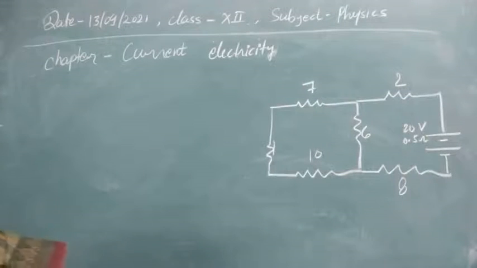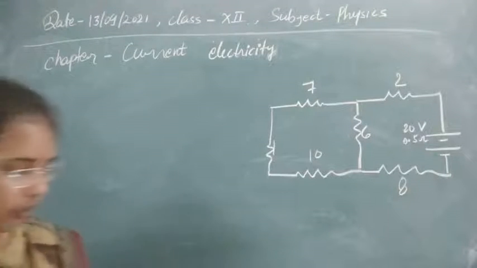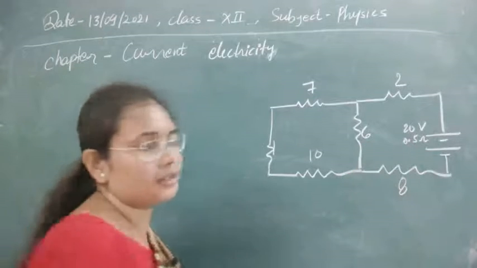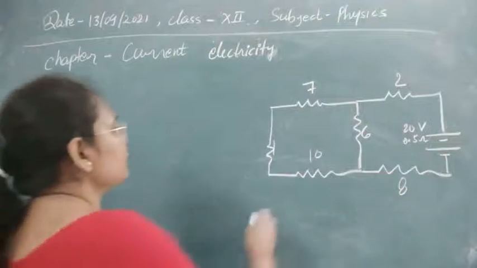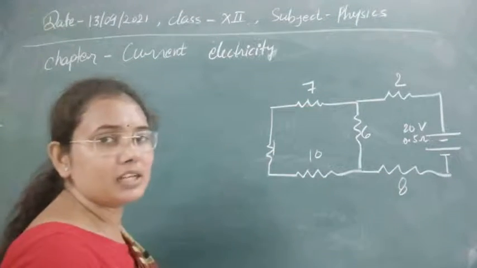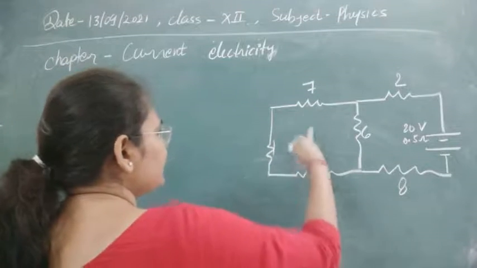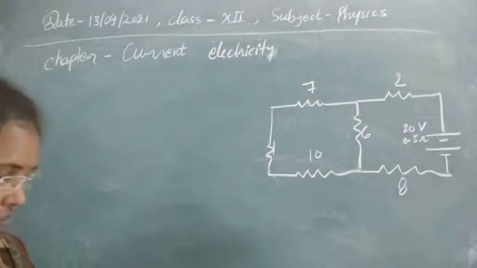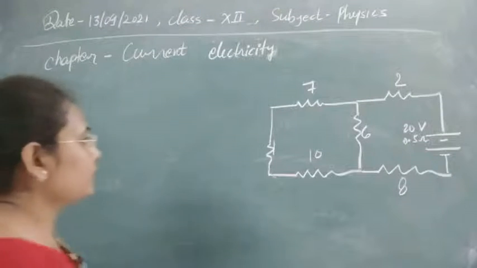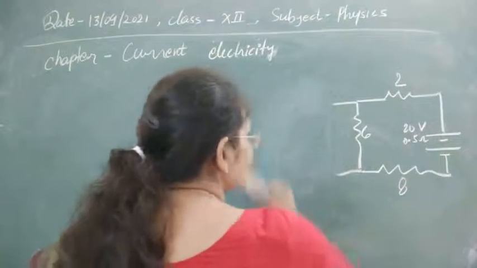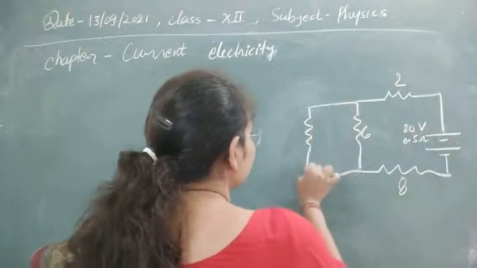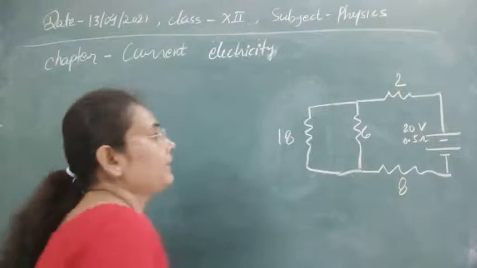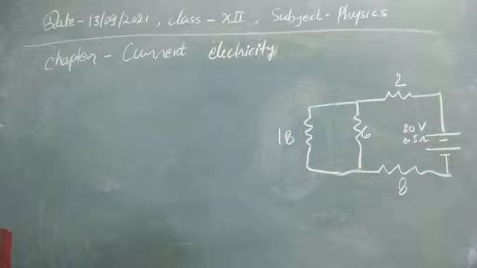Now we have to find out what will be the current through the battery first of all, and then we have to find out what will be the current through the resistance of 6 ohm. So let's find out. Here, first of all, you will solve it for the combination of resistances. You can see 7, 1 and 10. These three resistors are in series, so we can find their resistance. The resistance will be equal to the addition of these, so that is equal to 18 ohm. You can replace this whole by a single wire, and that single wire will have 18 ohm resistance.